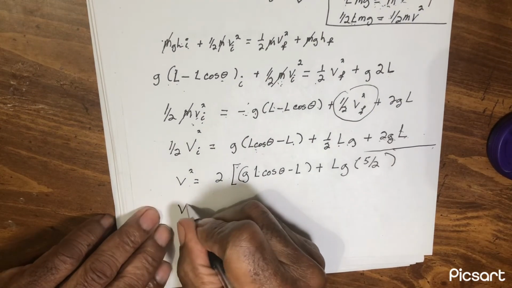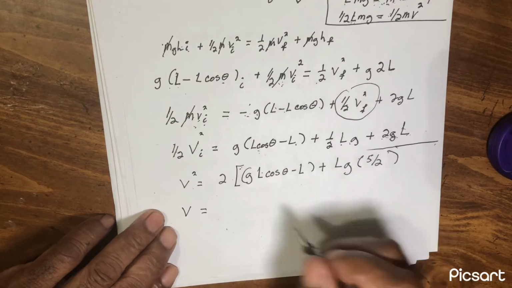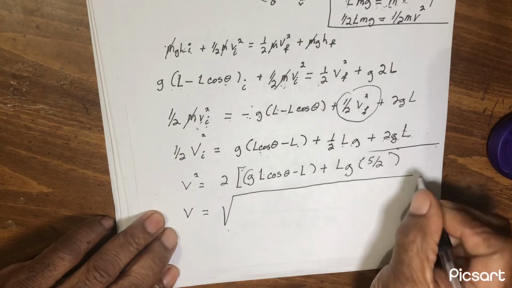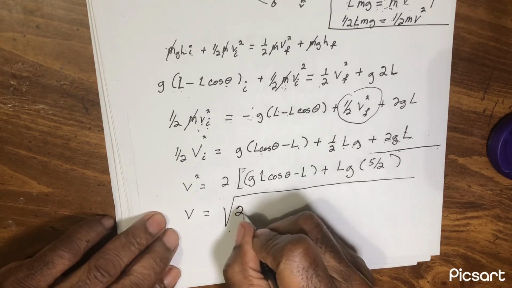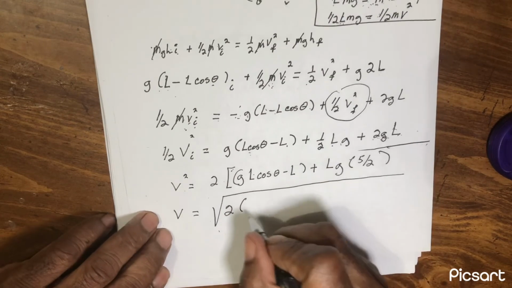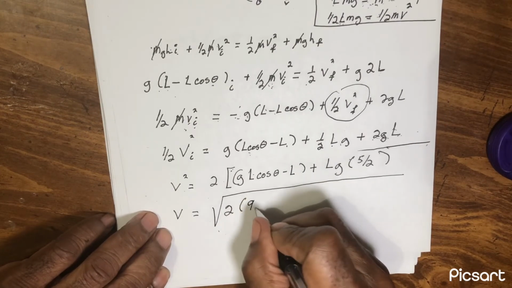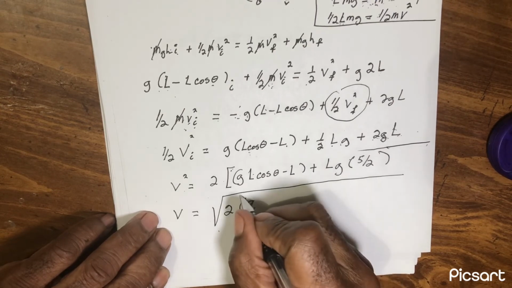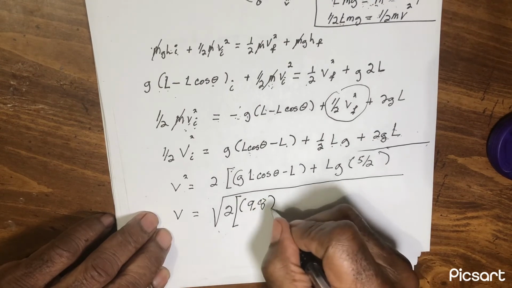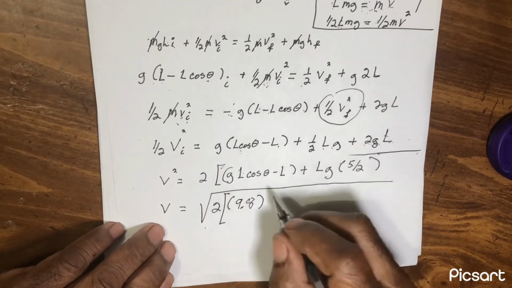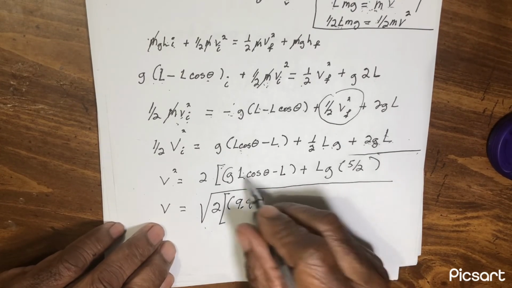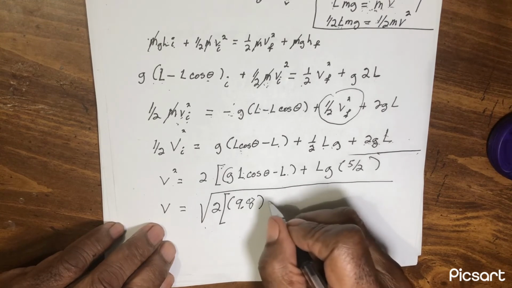So v is equal to the square root of 2 times 9.8 times, we can take the L's out, which is